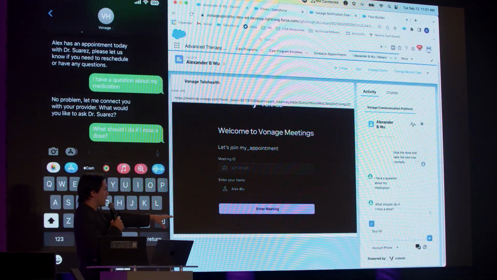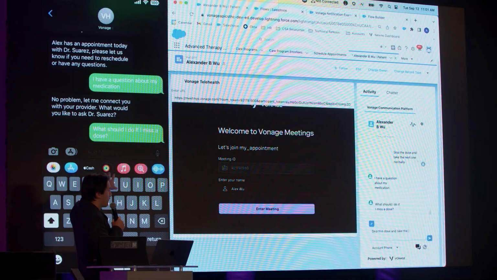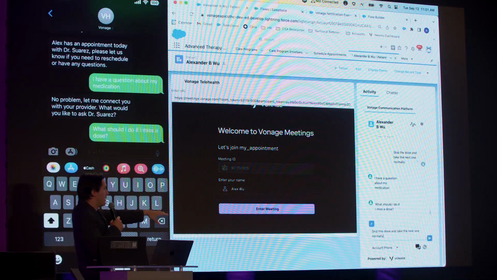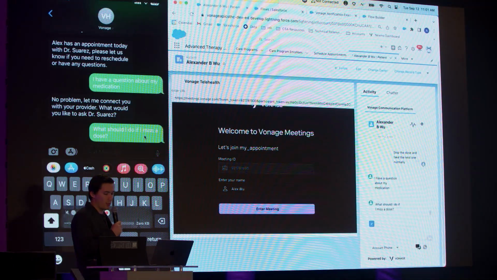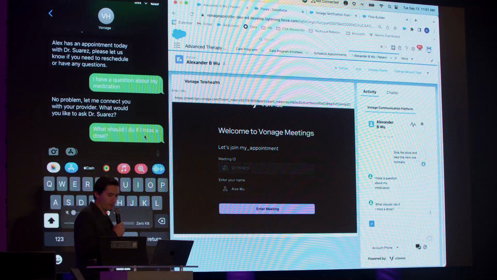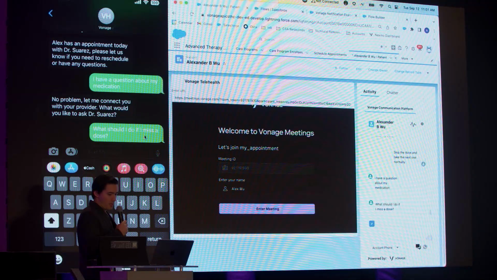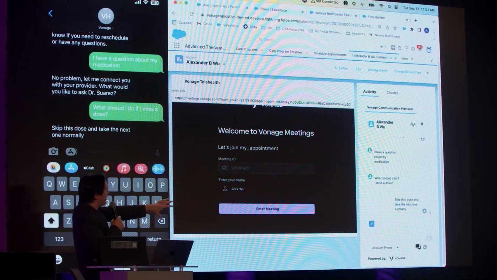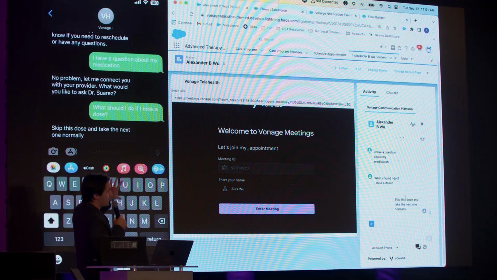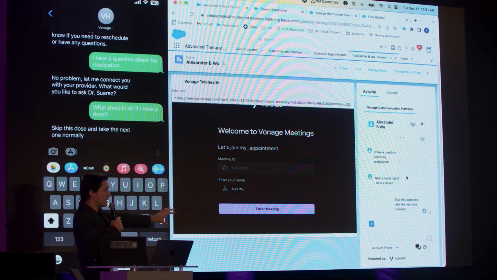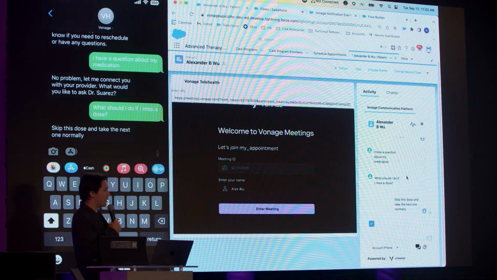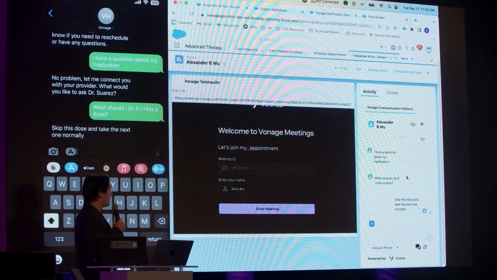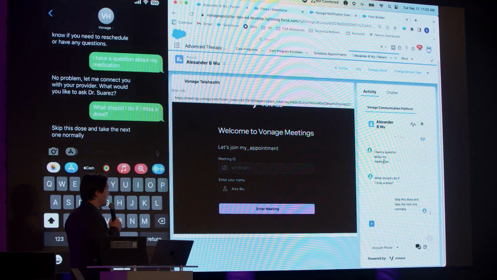Here I'll type out a response to the question, what should I do if I miss a dose of my medication? The response is going to be, skip this dose and take the next one normally. I'm doing this all in SMS, but the connector supports both SMS and WhatsApp, and you can see the toggle at the bottom right of the screen, which makes it very easy to set up.